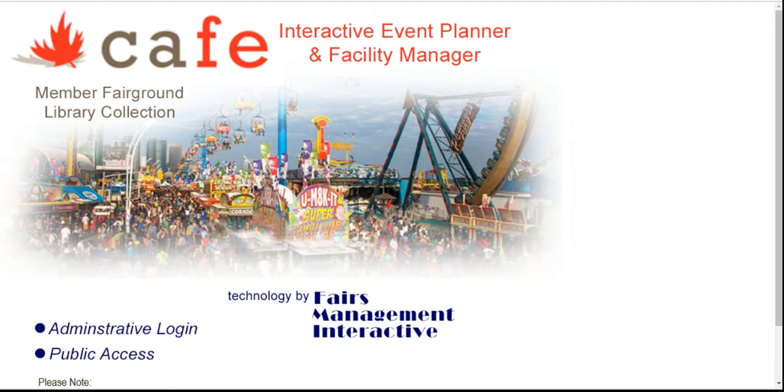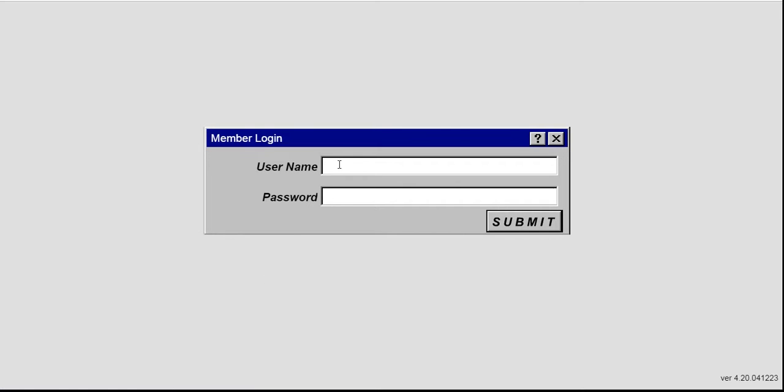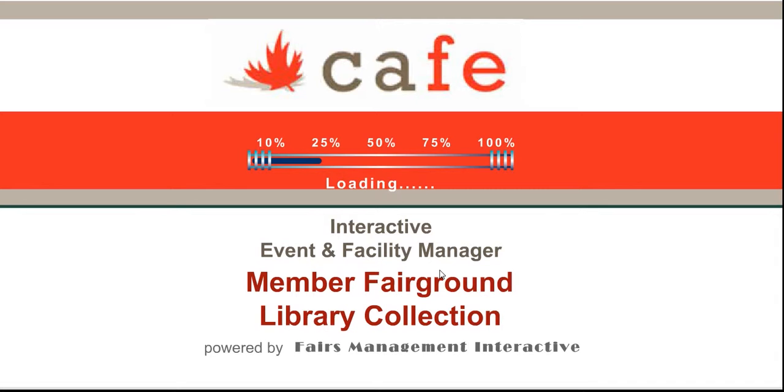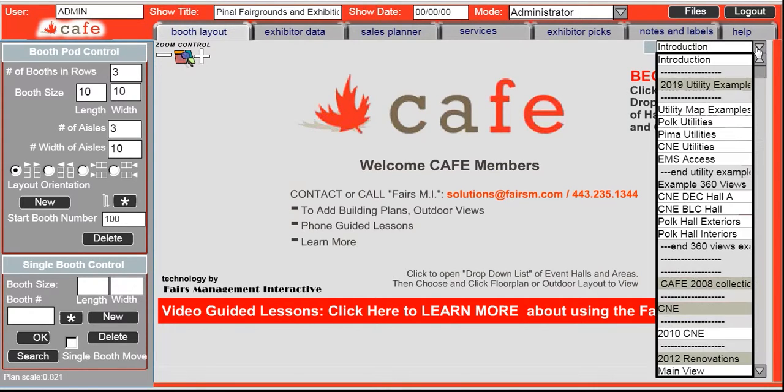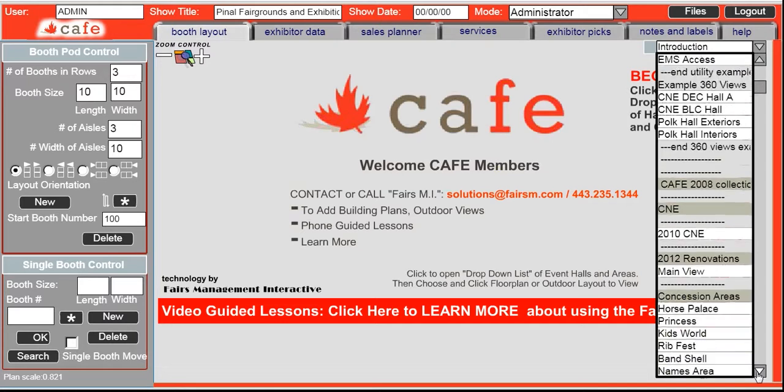What we're looking at right now is a login to a library site for CAFE. Let me go ahead and log in. So in addition to the individual Fairs Management Interactive or Fairs MI sites that each fairground gets, there's also an accompanying association library. Now this is just a temporary version, but it shows as we scroll down here, you'll see